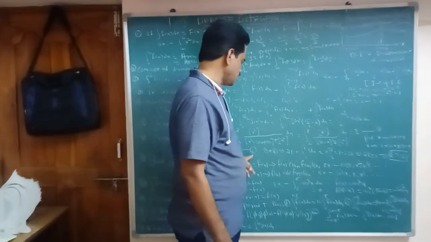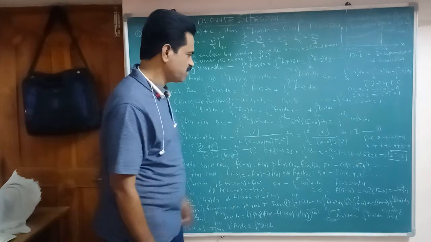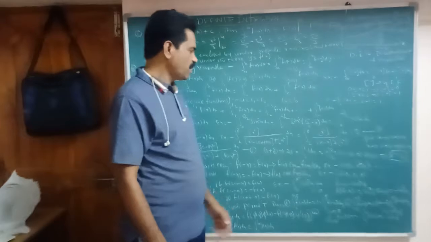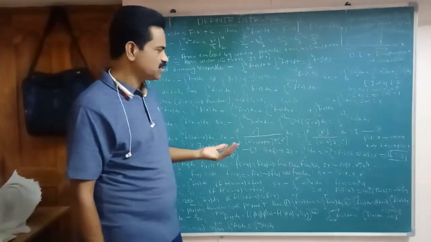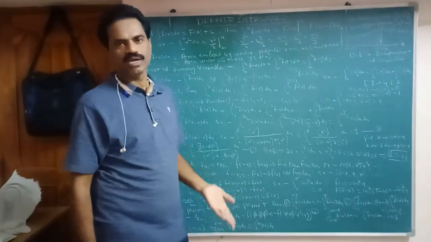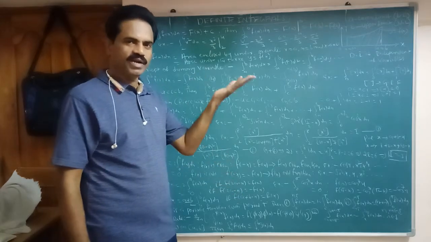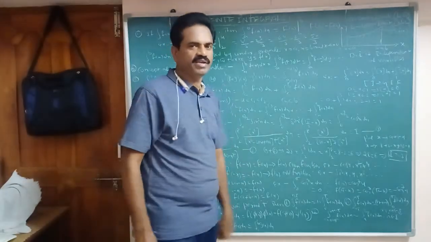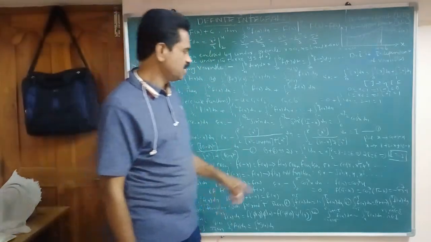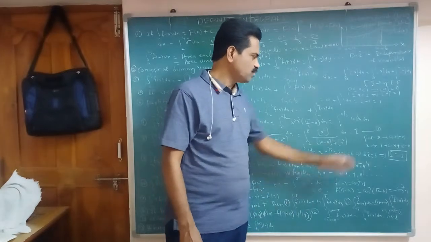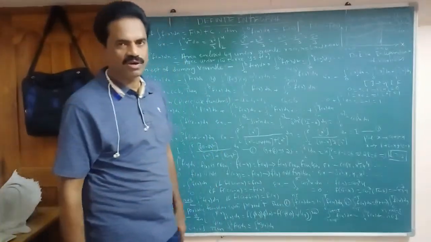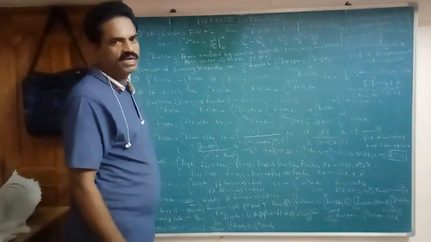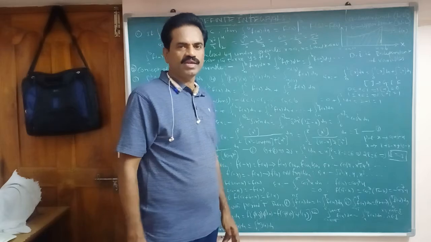Suppose this is 2. Adding 1 and 2, you observe in both 1 and 2 the denominator is the same, so add the numerators. The numerator becomes 10 minus x whole square plus x square, and the denominator is also 10 minus x whole square plus x square. Numerator and denominator are both the same, so it will be cancelled. Remaining is 1 dx. Integration of 1 dx is x, that is 8 minus 2, which is 6. So 2I equals 6, then I value is 3.